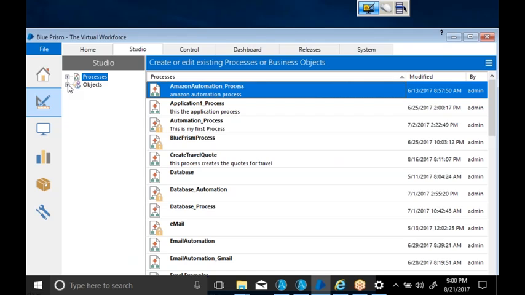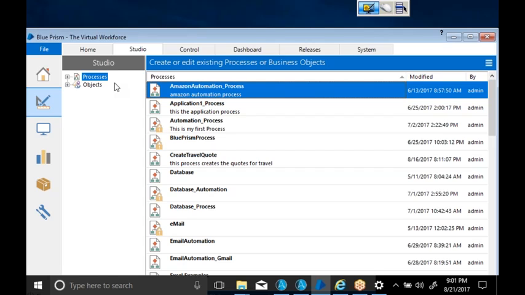Again, one more question here: why can't I automate all three applications in one object? Why do I want to create three different objects for the three applications? Because my one object can interact with only one application. If I create one object under Object Studio, I can interact with only one application. That's why the number of applications is always equal to the number of objects.